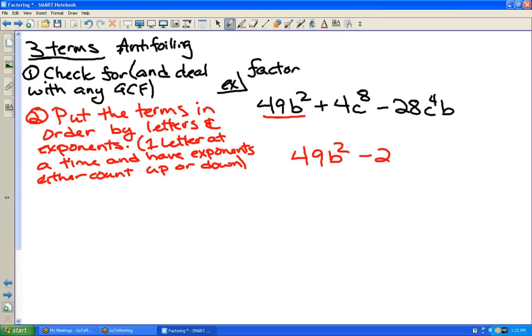And then I have minus 28. Remember, the negative sign is attached to the coefficient. B to the 4th, B. And then I have a term that didn't have any B's at all, plus 4c to the 8th. So that means the B's are in order counting down, but now let's double check with the C's. If I start